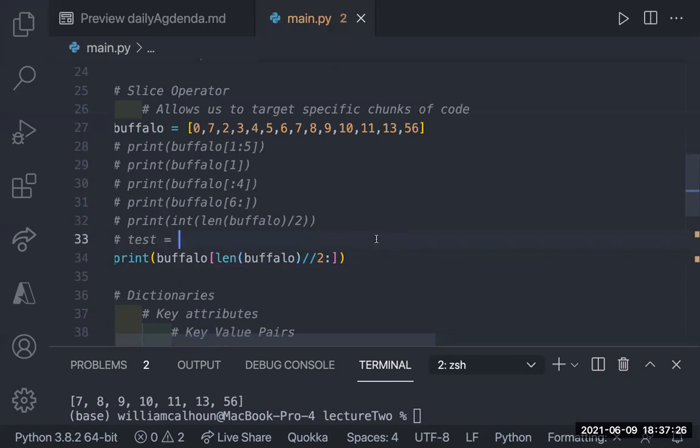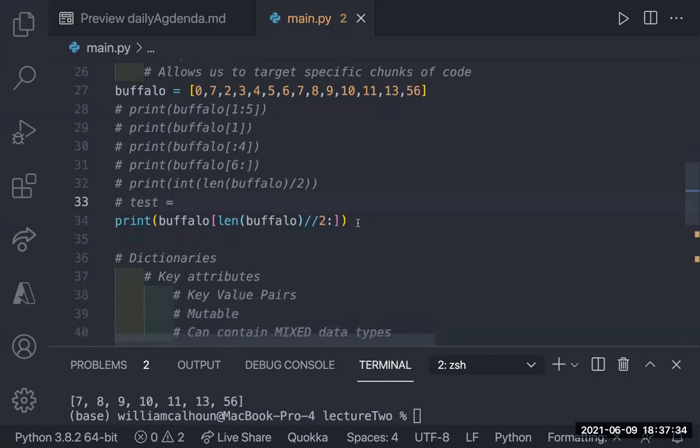Slices are a fun thing. You'll see it quite often. You'll see it in some of our assignment solutions, but it's just a really simple thing if you wanted to get, I know this is week 1, but in the black belt, I might say something like, hey, get me the 3 most recent or the 3 oldest blanks, right? And if that's a list of dates, well, the way we might get the last 3 would be the length of Buffalo minus 3, right? Something like that. I'm just giving you black belt stuff. Already week 1, we're doing it.